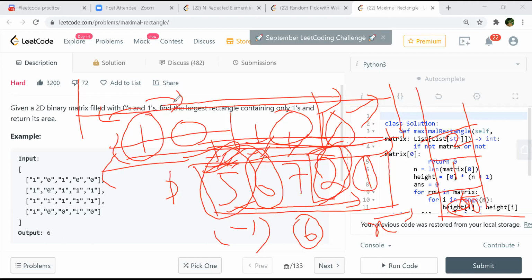So then he will push 2 in that. So now stack will contain only 2, correct? Yes. Yeah. And then when he comes to 1, actually he does again compare with the 2, but 2 into 1 is still smaller than whatever our 15 value is. So he's just going to pop 2 and then push 1.